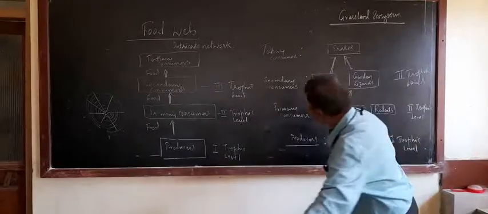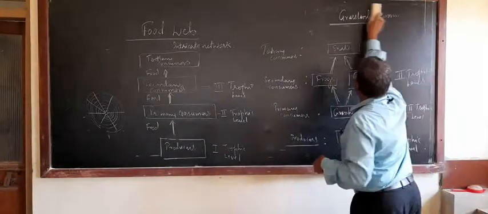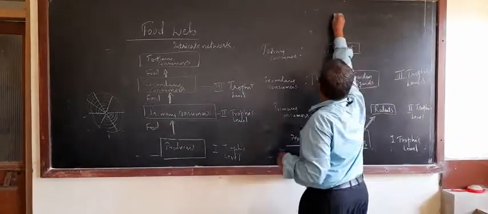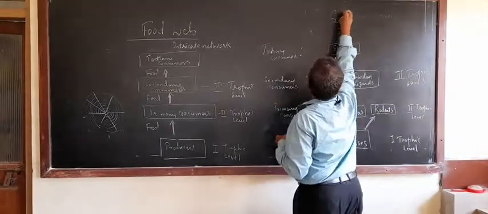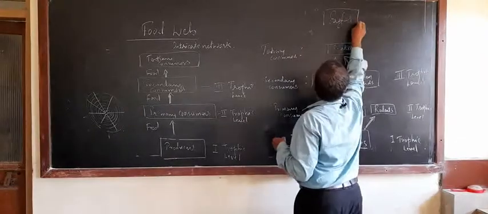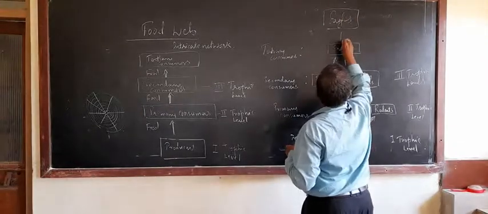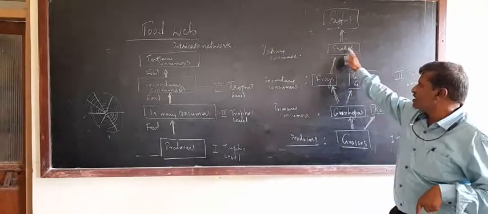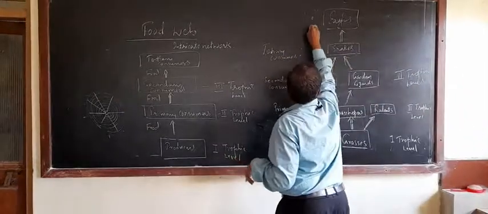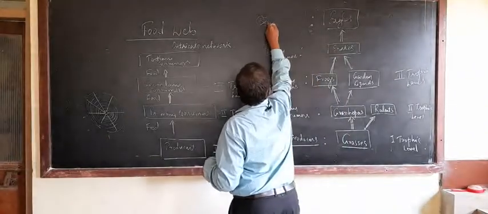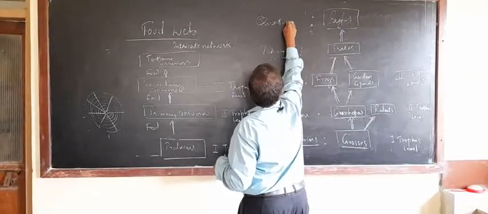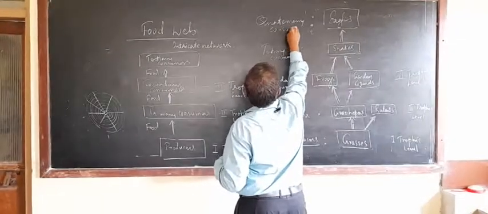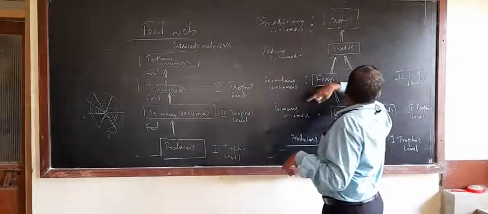By chance, if there are quaternary consumers like eagles or hawks present, these eagles or hawks normally feed upon the snakes. If snakes are acting as tertiary consumers, then eagles act as quaternary consumers. Okay. Then these snakes